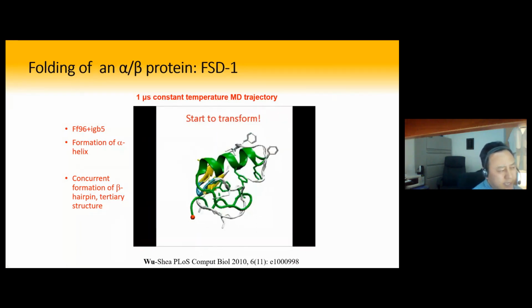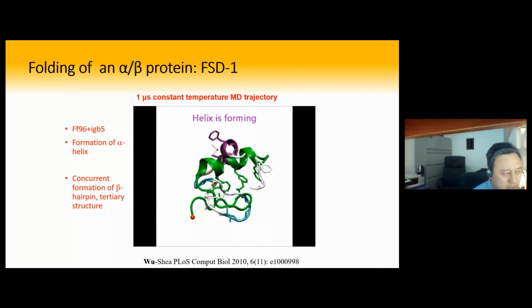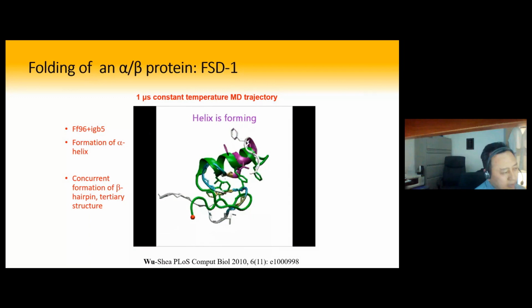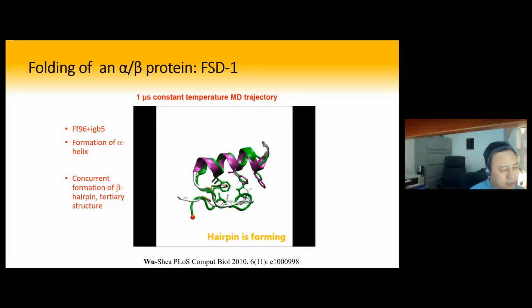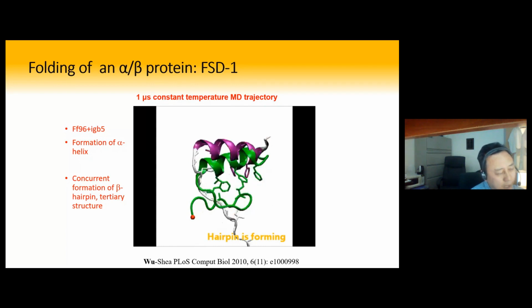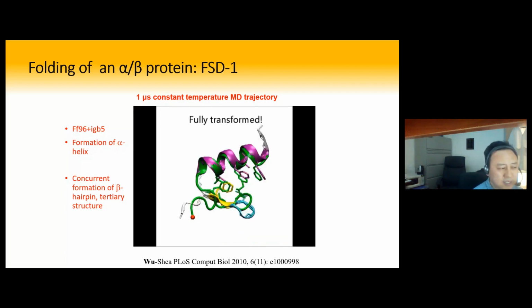And you can see the protein collapses and starts the folding process. The helices tend to form earlier because they have short range interaction. And then the hairpin part is harder to fold, so it needs more time to search for the correct interaction. Okay, so now it has found a stable one. And then the hydrophobic part is packing inside and making it stable. Okay, so now it's folded. For this calculation, it actually took months to finish.